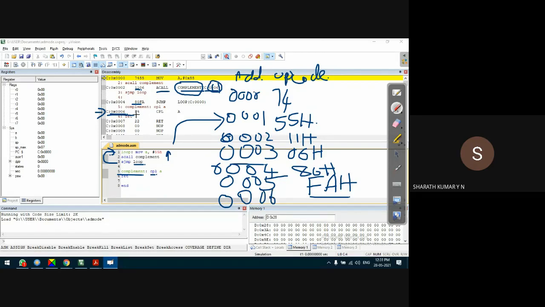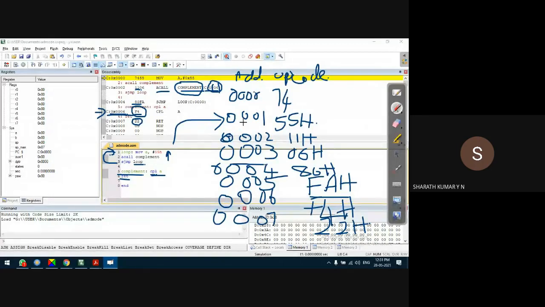In this location, the complement A instruction is stored. The opcode is F4H. Next, at address 0007, the return instruction is stored. The return instruction opcode is 22H. That's all it is.